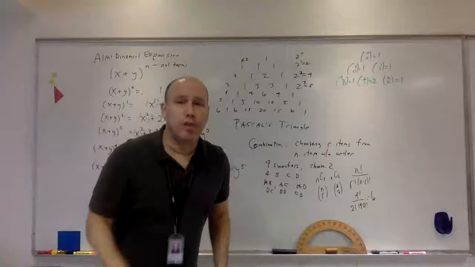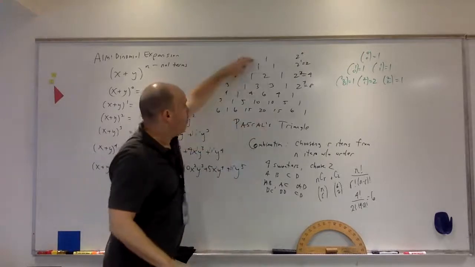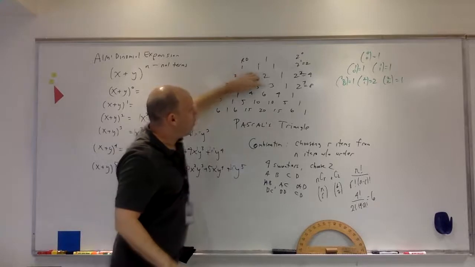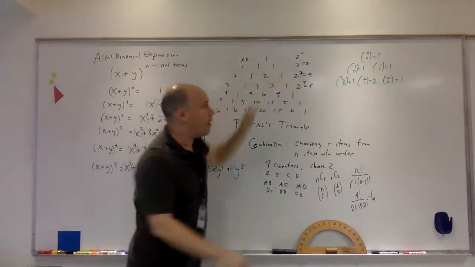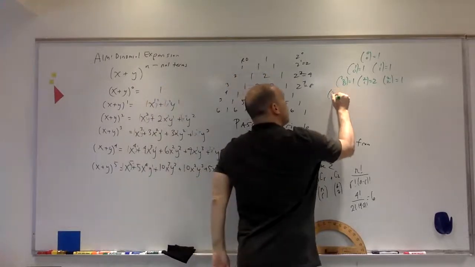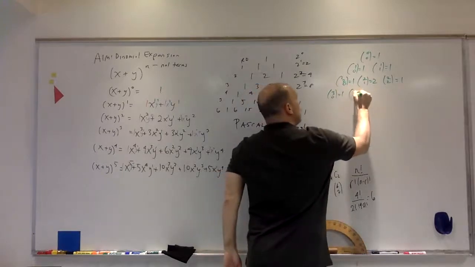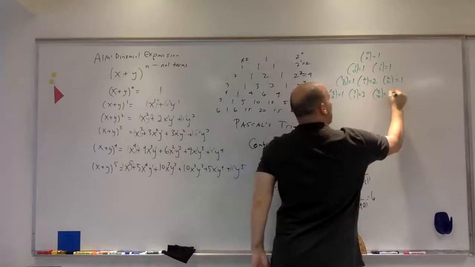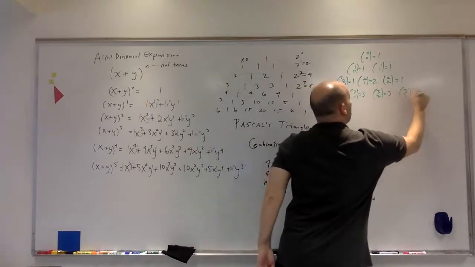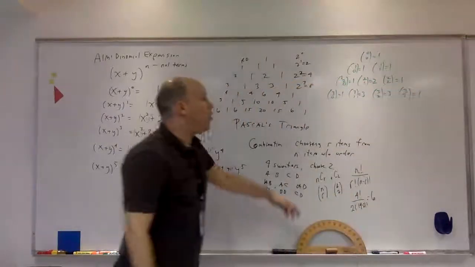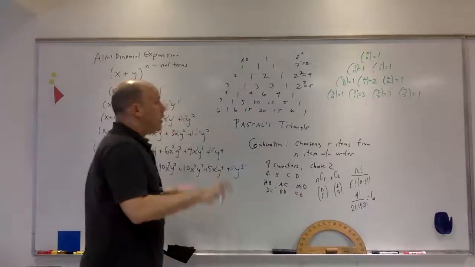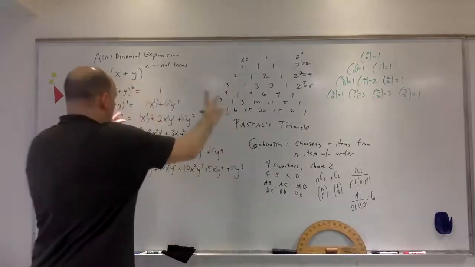So if I say 3 choose 0, you go, okay, well, row 3: 3 choose 0, 3 choose 1, 3 choose 2, 3 choose 3. It's awesome. And now you know 4 choose 2, 5, 6. So the idea is,